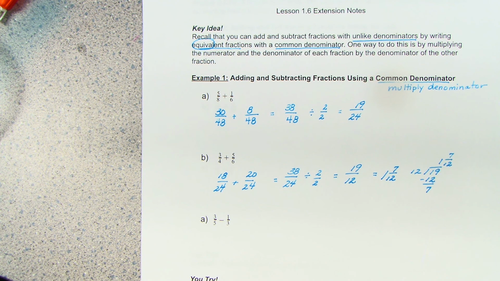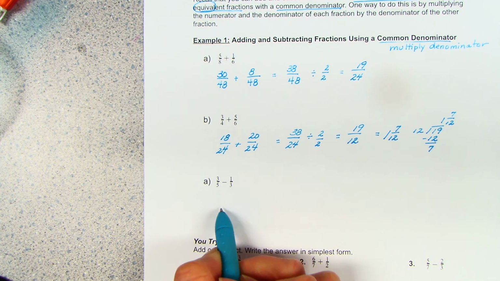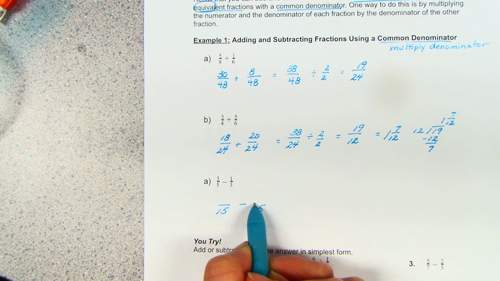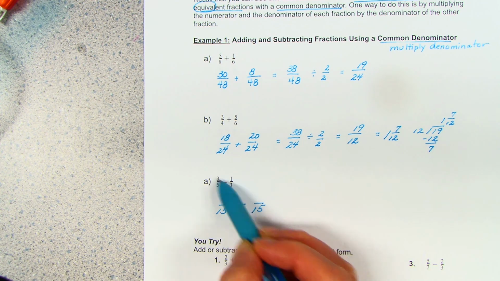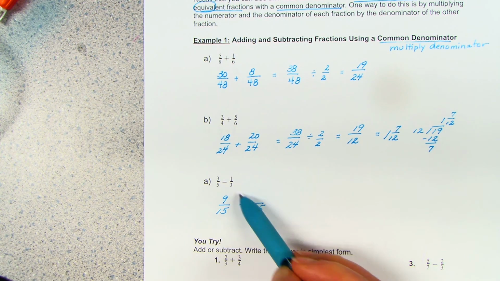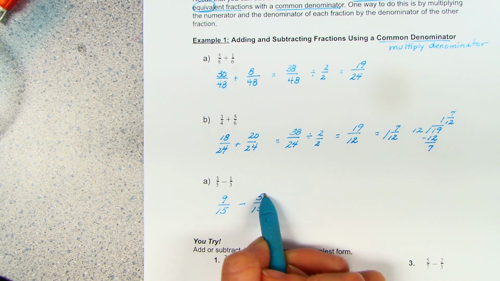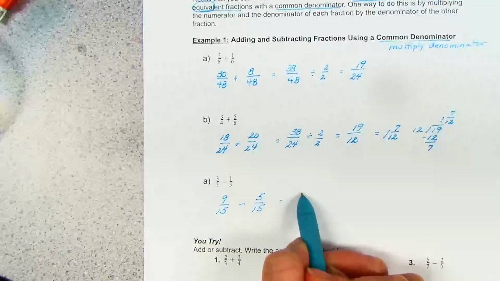Right, let's look at a subtraction problem. I've got 5 and 3. So when I multiply those together, I have 15 minus 15 here. 5 goes into 15 3 times. It's like this. 3 times 3 is 9. 3 goes into 15 5 times. 5 times 1 is 5. 9 minus 5 is